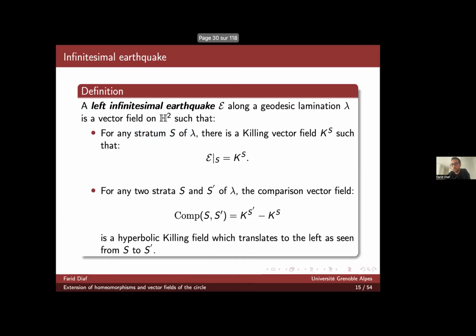Okay, and there is also a second technical requirement. And again here, I mean, maybe here it seems somehow